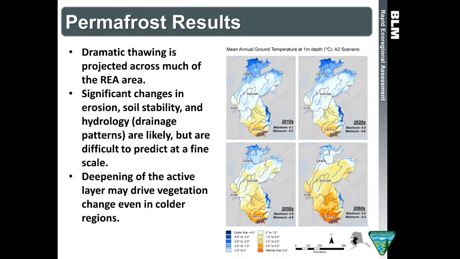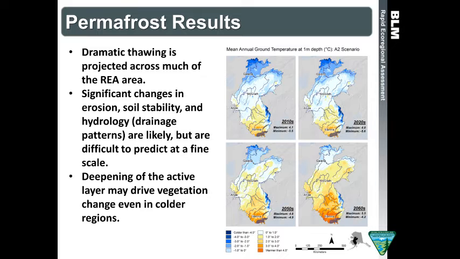and that has huge ramifications for hydrology, for what species can take root there, even in areas that aren't thawing at sort of our benchmark, which is 1 meter depth. The active layer is getting thicker, and that really kind of changes everything in terms of what can take root there. A few more inches of active layer, and different species are going to make themselves at home there.